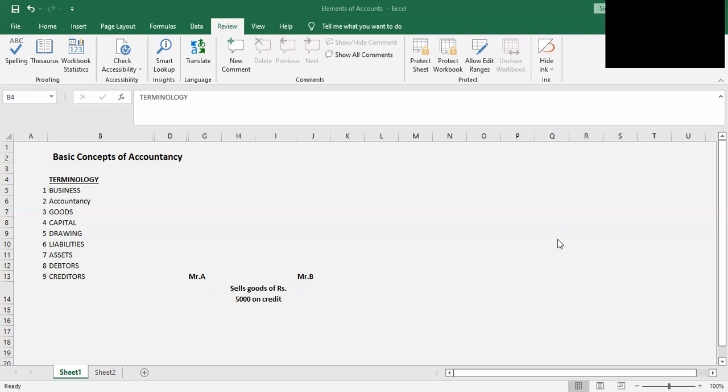on a future date. So, in such a situation, Mr. A, who is giving the credit, the benefit of paying money in future, is called a creditor. So one who gives the credit facility to pay the amount in future is called a creditor. Whereas Mr. B, who is agreeing to pay the amount in future, is called a debtor. So he is the one who is liable to pay the money on a future date.